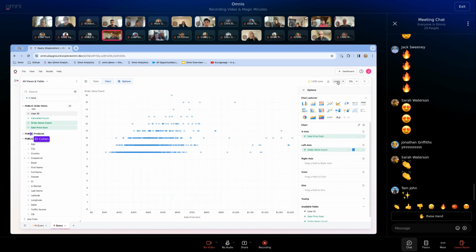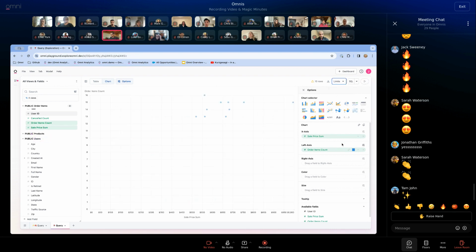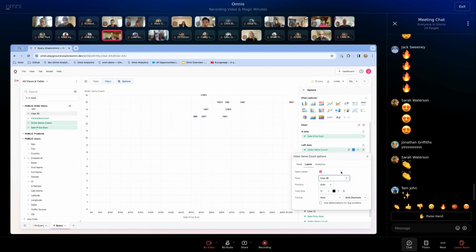Maybe I'll limit it so this is not going to be horrible. And we want to throw data labels on here, and we can now, instead of just having the number of the series, also just put like the user ID, which is probably not a very good demo,